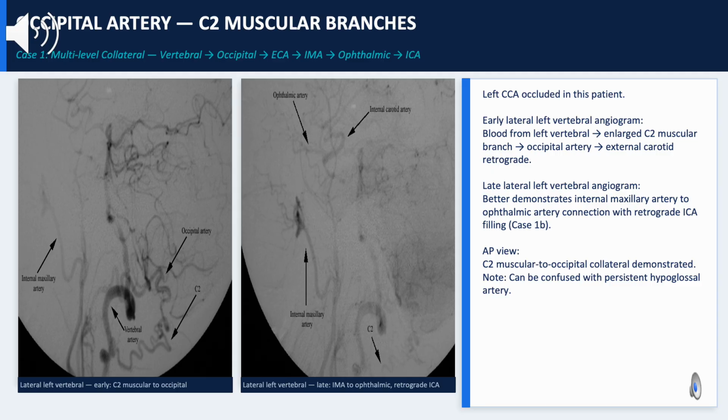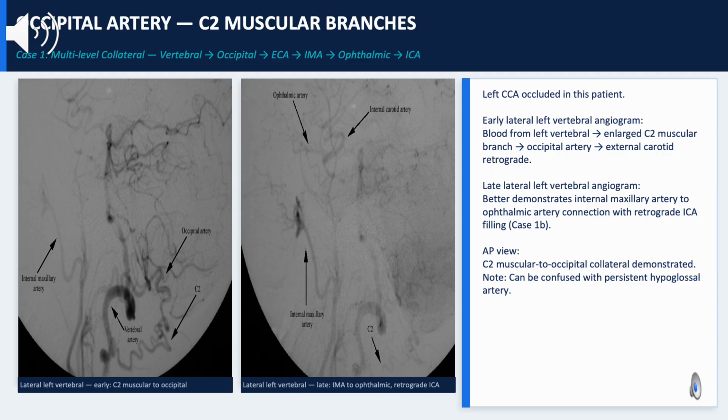Step 1. Left vertebral artery sends an enlarged C2 muscular branch to the occipital artery. Step 2. Occipital artery fills the external carotid retrograde. Step 3. ECA fills the internal maxillary artery. Step 4. Internal maxillary fills the ophthalmic artery. Step 5. Ophthalmic artery reconstitutes the cavernous ICA. The early to late temporal sequence demonstrates how the contrast front advances through this relay chain, opacifying each successive